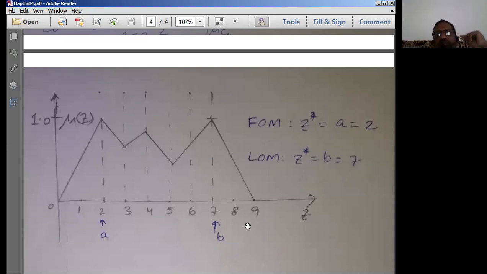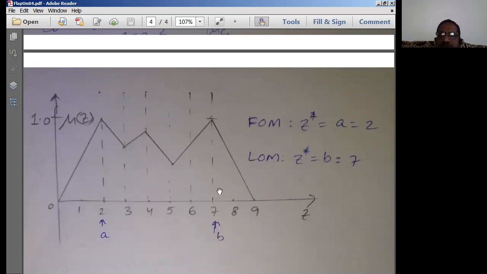So these are the various methods using which we find the defuzzified value, called crisp data, from the given fuzzy data. In all these methods, we simply converted the fuzzy data into crisp data. This is the entire data given to us as the input, and what is the output of defuzzification? It is equal to either 2 or 7, based on the method that we use in the problem over here.